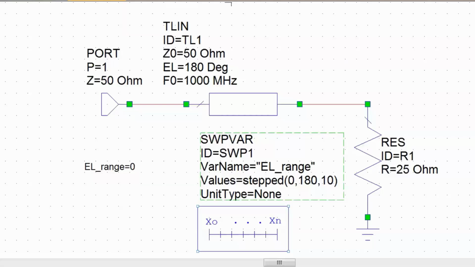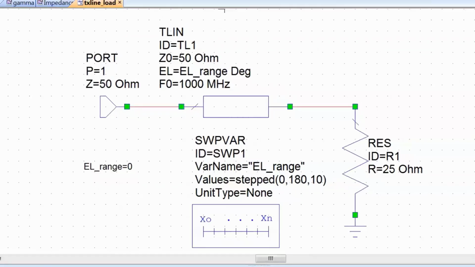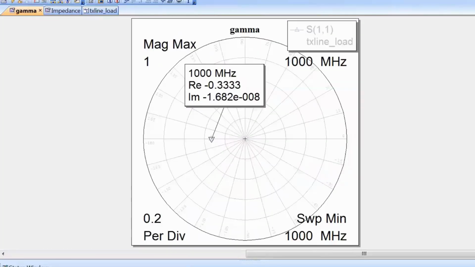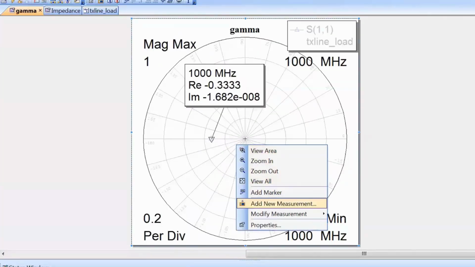Now the last thing that's left to do is to assign the variable EL_range to the EL parameter of our transmission line element. So instead of any number here, we just type EL_range, and we are done. Let's go back to our graphs now, and let's take a look at our measurements. Go to Modify Measurement,